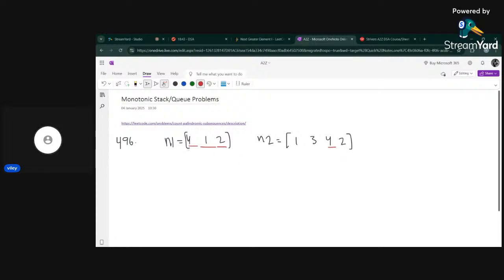So the brute force time complexity will be big O of n1 times n2, right? So this will be big O of n1 times n2, which is big O of n squared, which is not a good solution. So that is why what we can do is store something, and if there's an element present we can